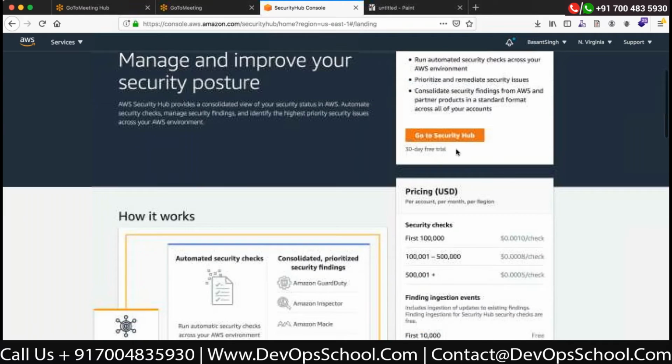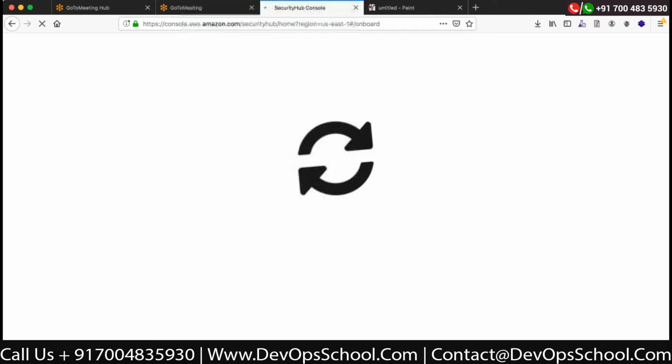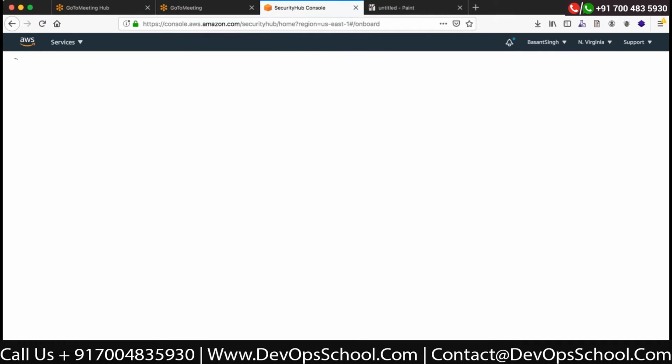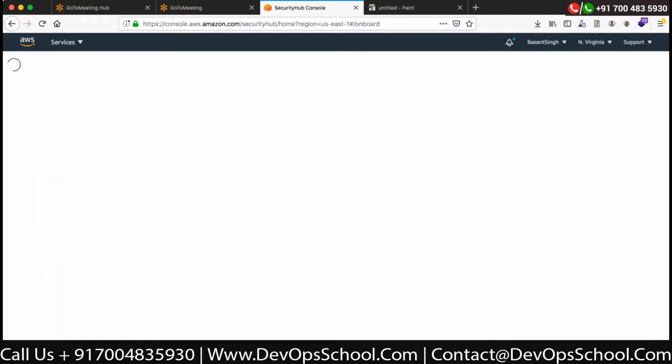So if I enable it, you click on go to Security Hub. It's going to take the integration. So at this one place, if I enable it, it's going to show what all standards. You can see over here what security standards I should be following. So if I say we should follow all the security standards of CIS AWS Benchmark, AWS Foundational Security Best Practices, sorry, and enable PCI DSS compliance on all the resource services which I use. And if you enable Security Hub,